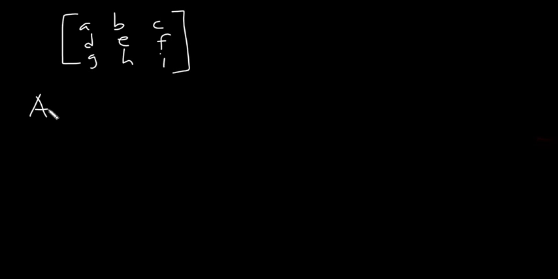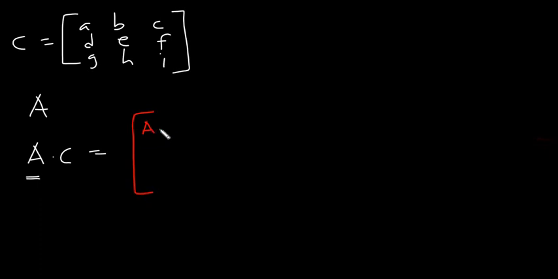So let's call this matrix C. So if A is a scalar and C is a matrix, what will be A multiplied by C? So remember, A is a scalar. So let me use a different color. So what we do is that the scalar multiplies each element of this matrix. So we're going to have